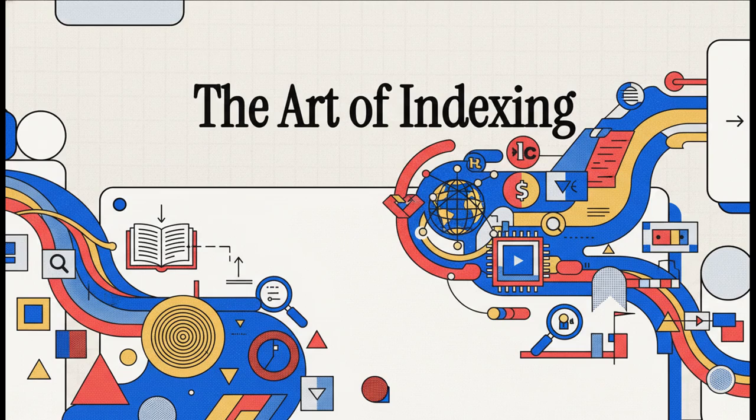Have you ever stopped to think about how you find one tiny piece of information in, well, a whole universe of data? It's not magic, not at all. It's actually a science, an art form, really, that started out in the back of a book, and now it literally powers the entire internet. Today, we're going to pull back the curtain on indexing, the hidden system that organizes our world.